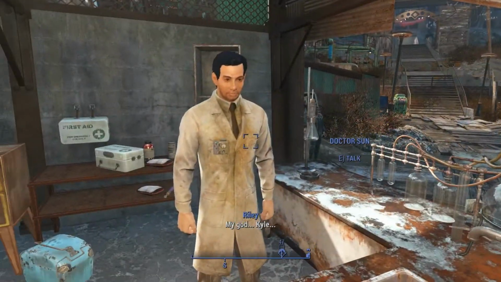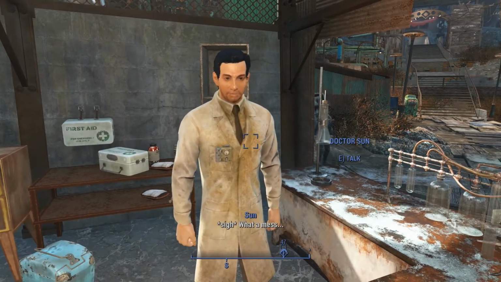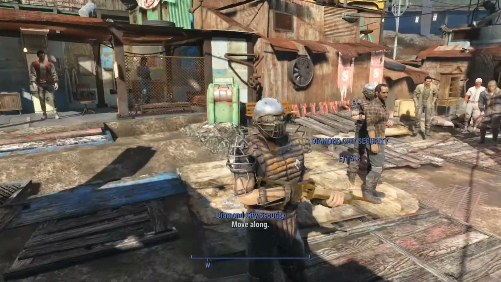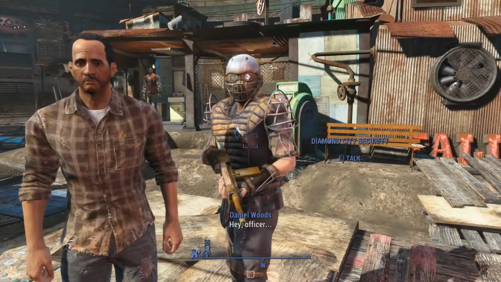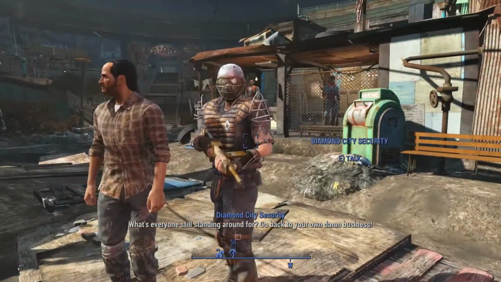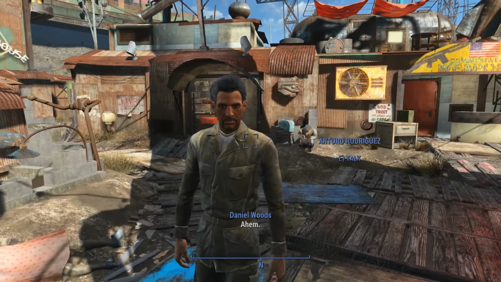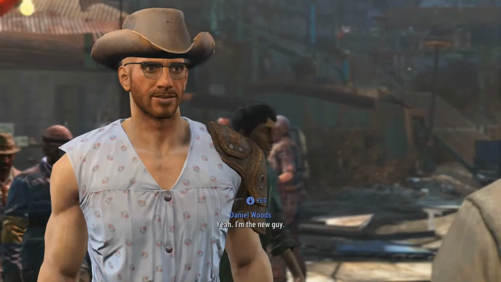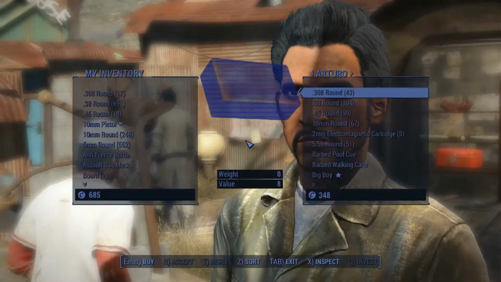Right, here's one merchant. What a mess. Move along. Nothing to see here. Hey, officer. Move along. Why's everyone still standing around? Yeah, once he says this line, which takes forever, you can then talk to the merchants. Hey, you're the new guy, right? Yeah. Sure. Let's take a look. Feel free to...